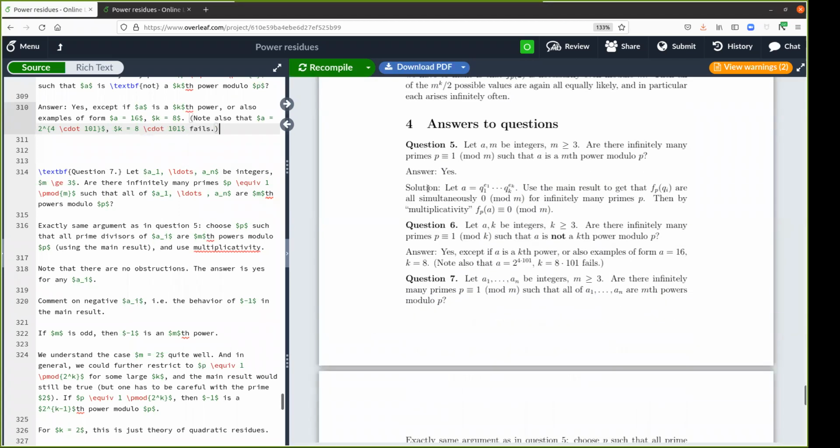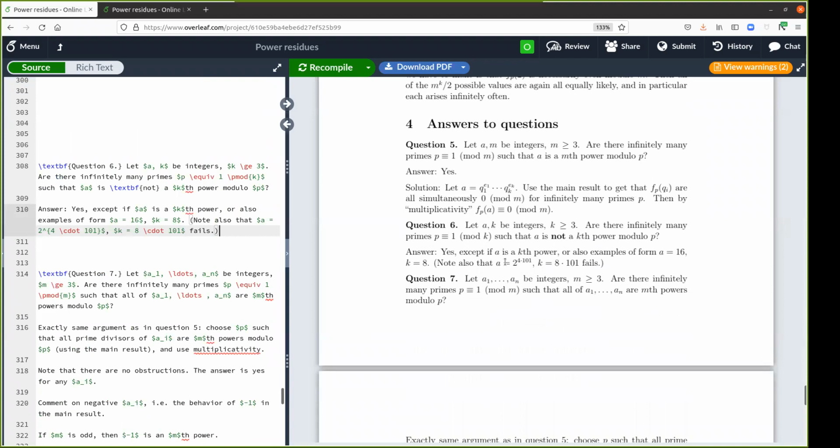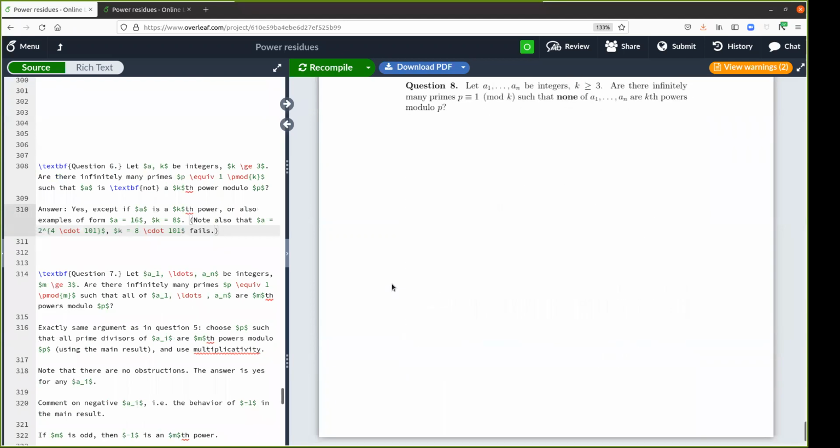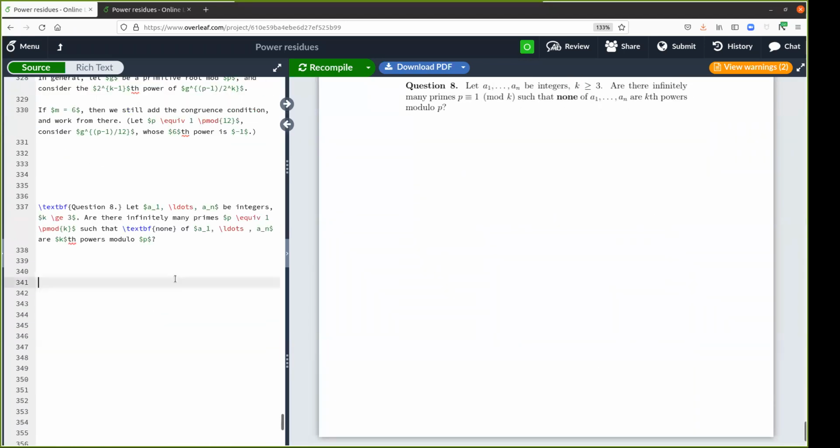And for question 6, you have to be a bit careful because if we take a equal to 2 to the power of 4 times 101, say, and k equal to 8 times 101, then this fails. Of course, this is essentially the same obstruction as we had for a equal to 16 and k equal to 8. But yeah, and for question 8,